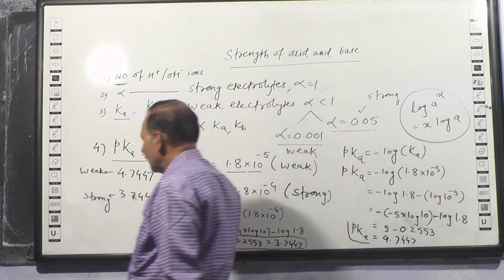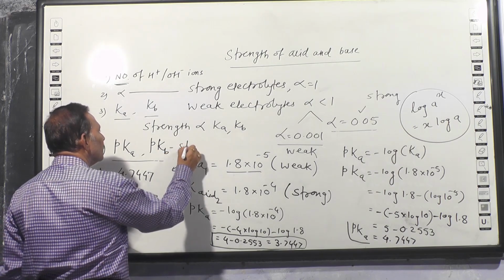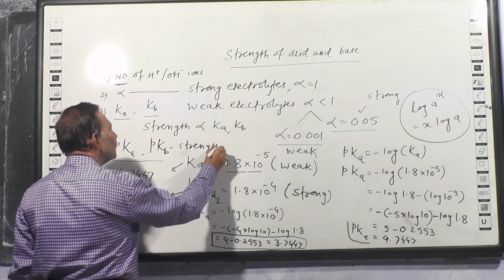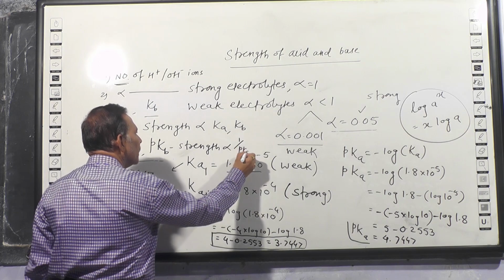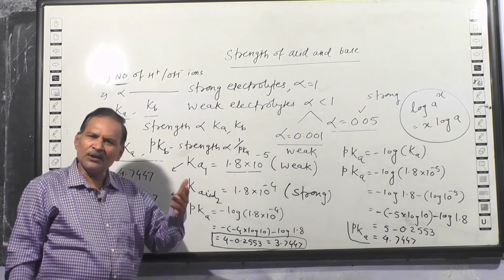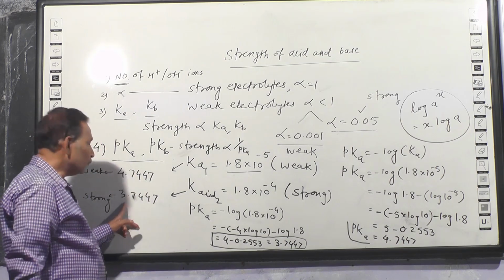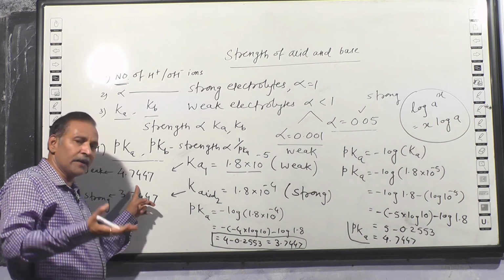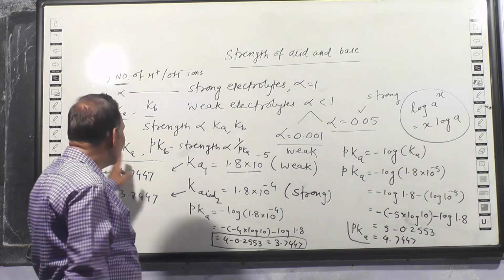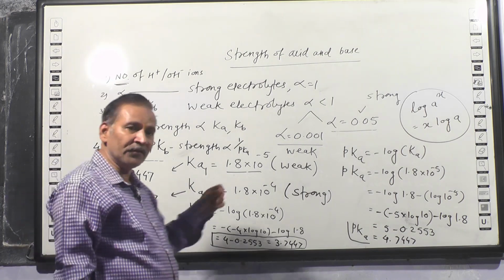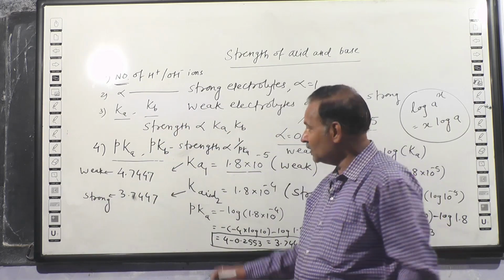So you can keep in mind that if this factor is considered, the strength of acid or base is proportional to 1 upon pKa and 1 upon pKb. The smaller the pKa, compare these two, the stronger the acid. The more the pKa increases, the weaker the acid or base becomes. So in all there are 4 different factors which explain whether the acid is strong or weak. We can judge by these 4 factors.